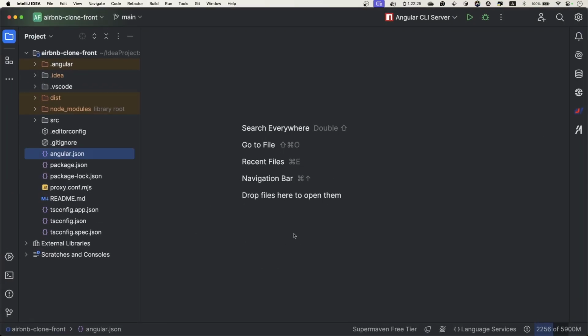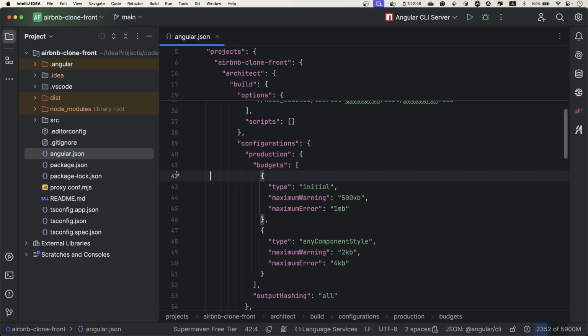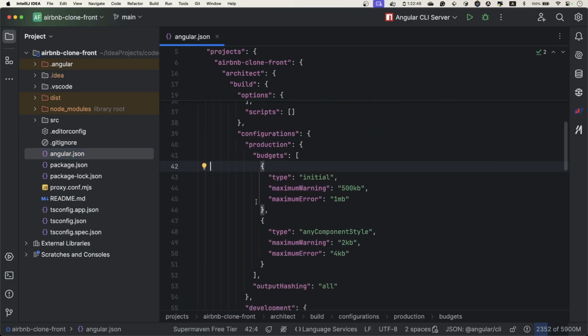So I invite you to git clone the front end project. You can find the URL in the description. On my side, I have already opened it on IntelliJ. Let's start. So first, what we need to do is to open the angular.json, and we are going to need